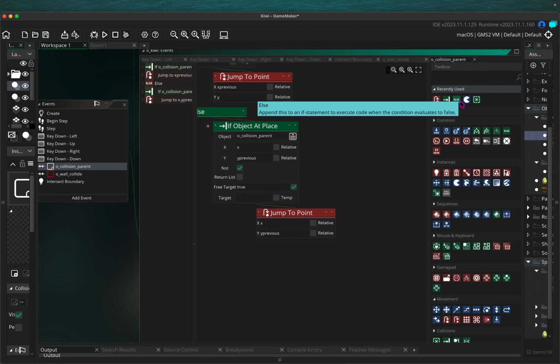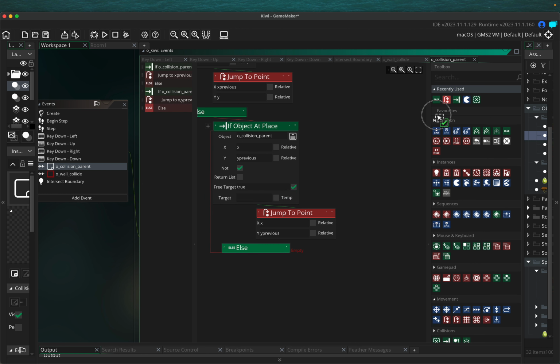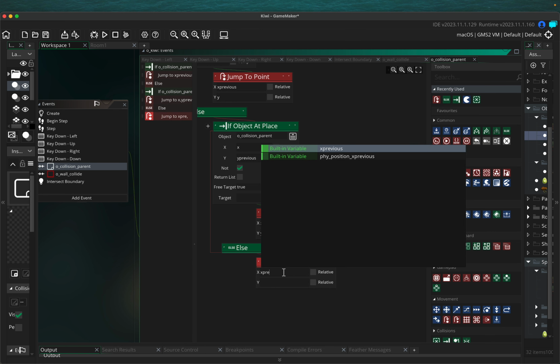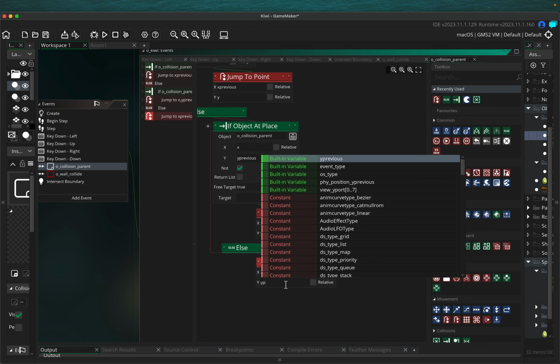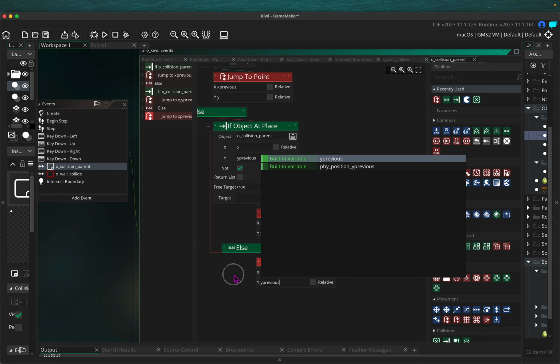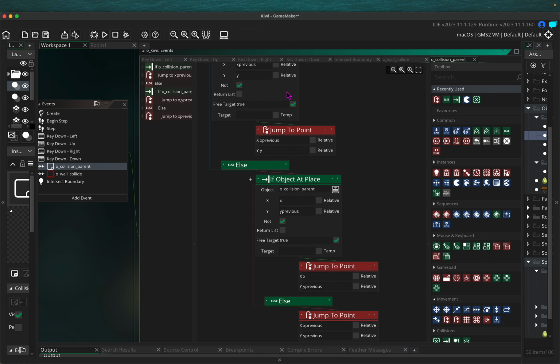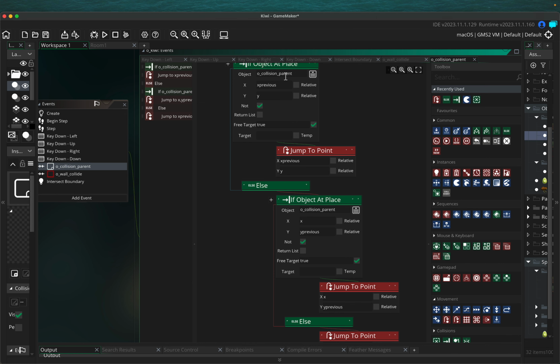Then we need one more else statement under this, and then one more jump to point. X previous, y previous. So we're telling it that for x and y, if my player collides with this collision